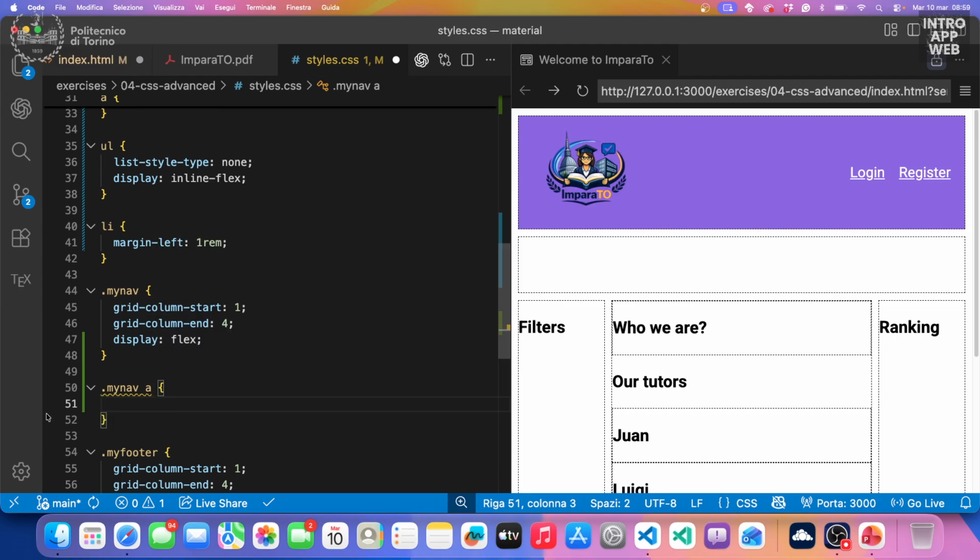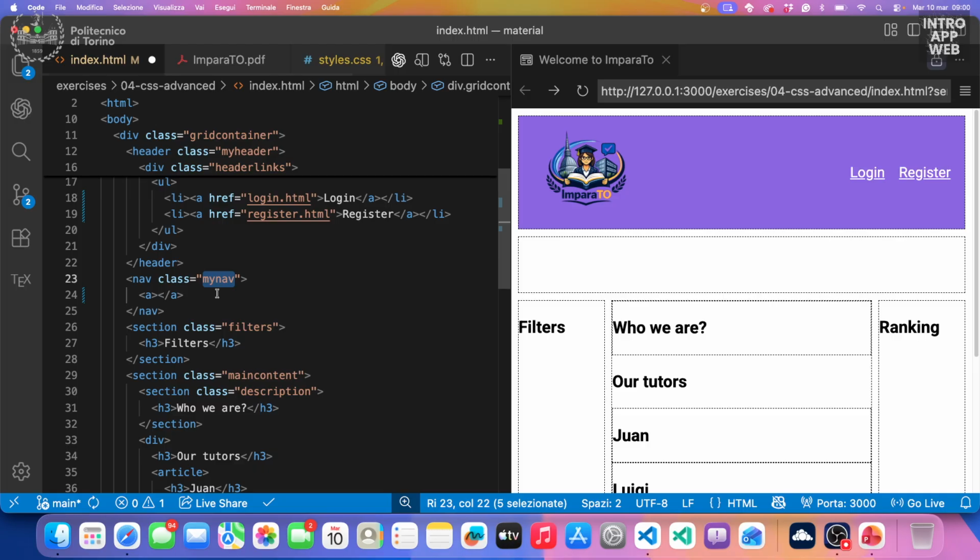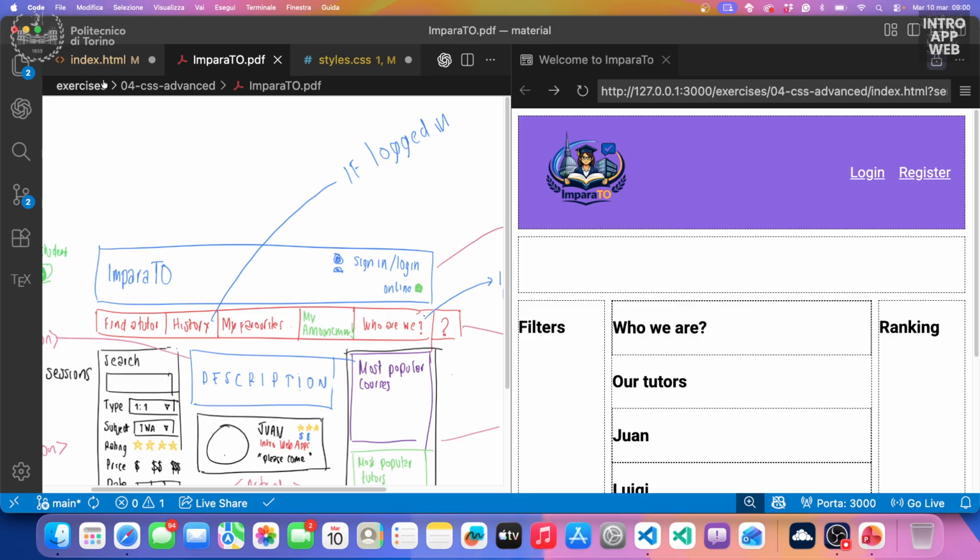And then we're going to say that the elements within the navigation bar, the links within the navigation bar, are going to be flexbox items, okay? So, we had find a tutor,